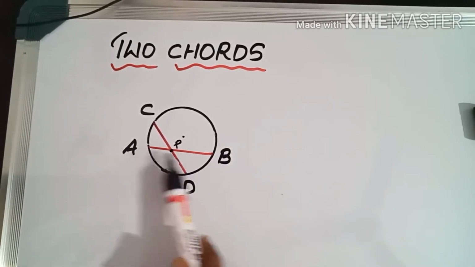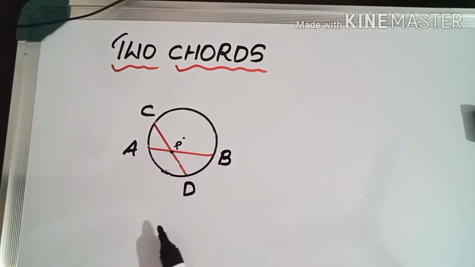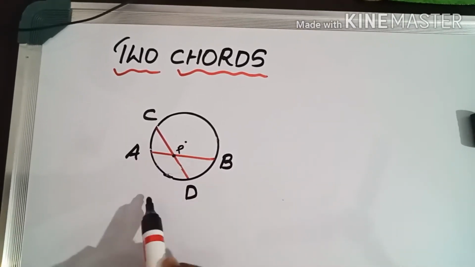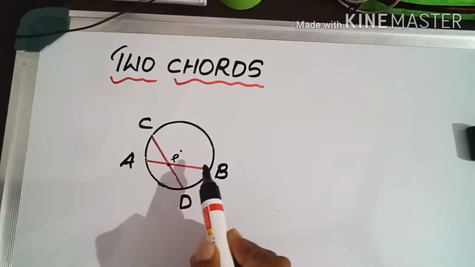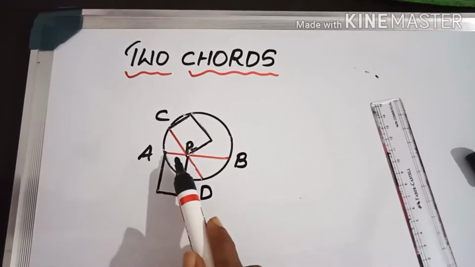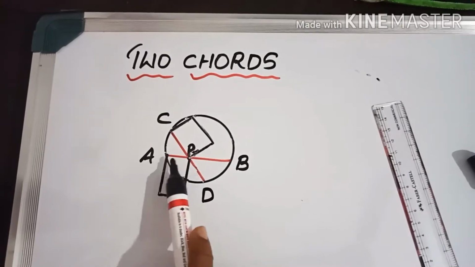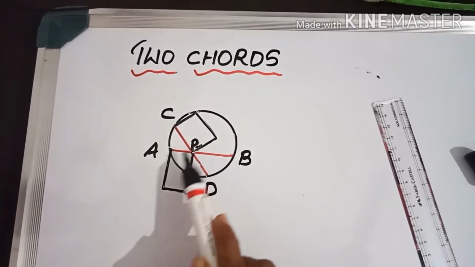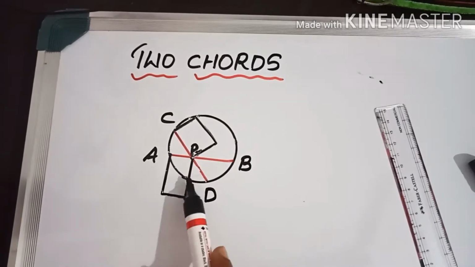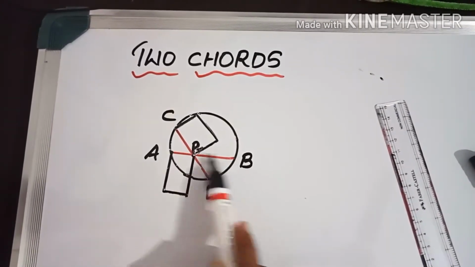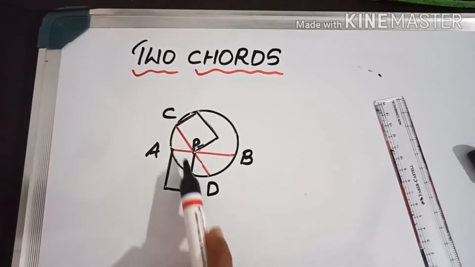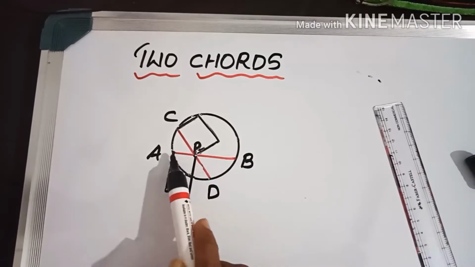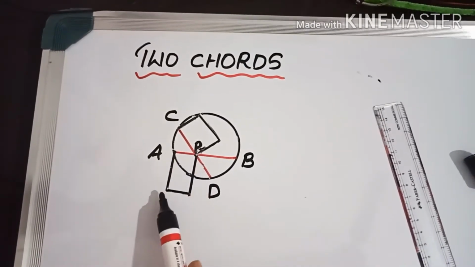Okay, when we use these two parts, you can draw a rectangle. First side is this one, now the second side is PB. That means this rectangle is formed by considering the parts of the chord AB. This side is AP. Now these two sides are PB, and this side is the same as AP. So by using the parts of the chord AB, we got one rectangle here.